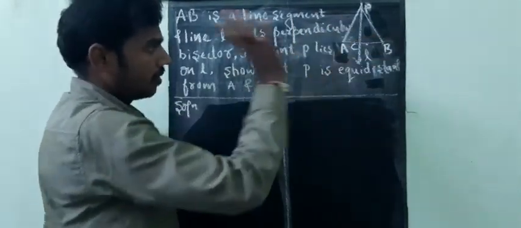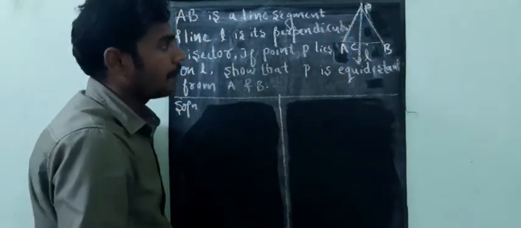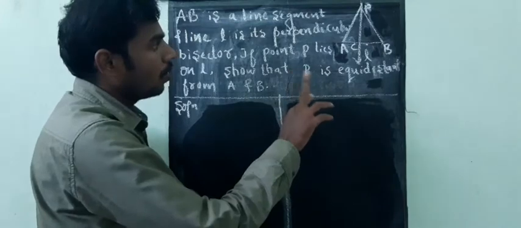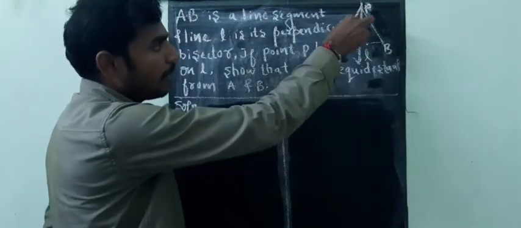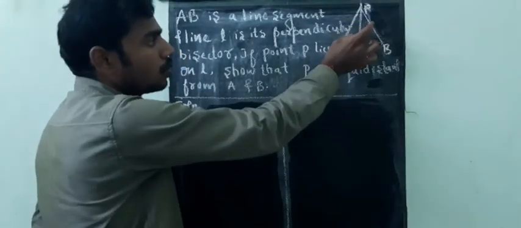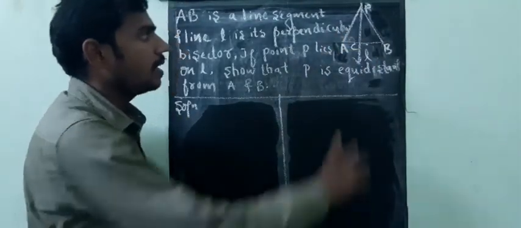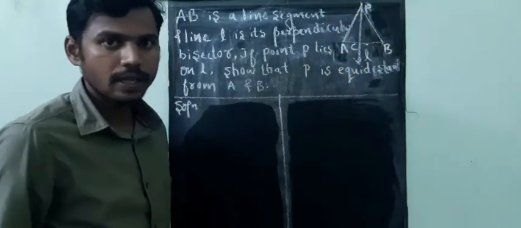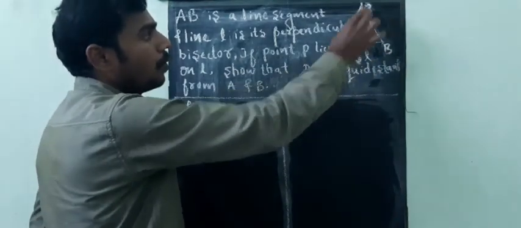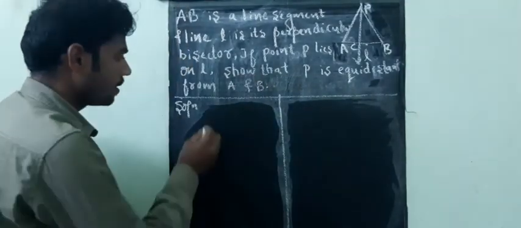We'll analyze a figure. In this, since it is a perpendicular bisector, at point C it is bisecting the line segment AB. So we have two triangles here, that is ACP and BCP. What am I going to show? I am going to show these two triangles are congruent. If I am able to show these two triangles are congruent, then I can easily write AP is equal to BP, because they are CPCT. So first of all, what do I need to do? I need to prove this triangle is congruent to this triangle. So for that, consider